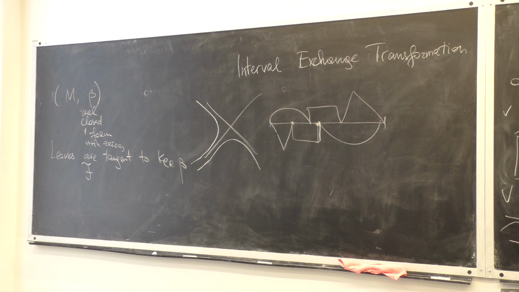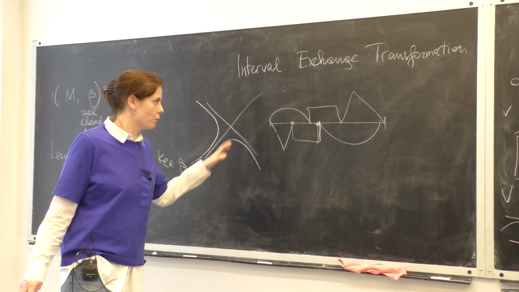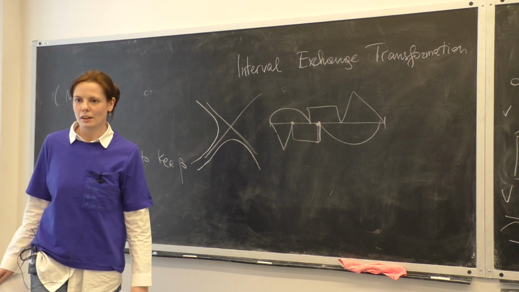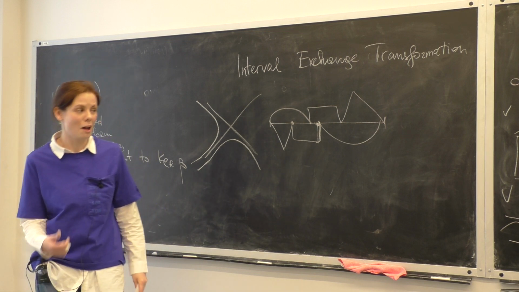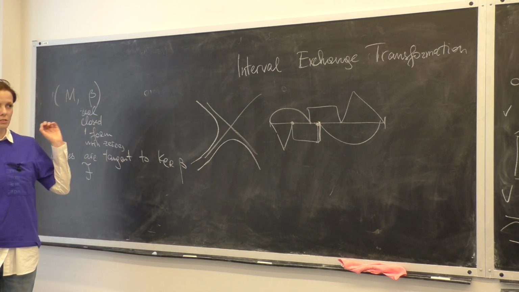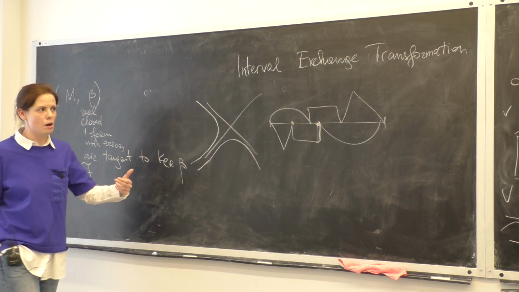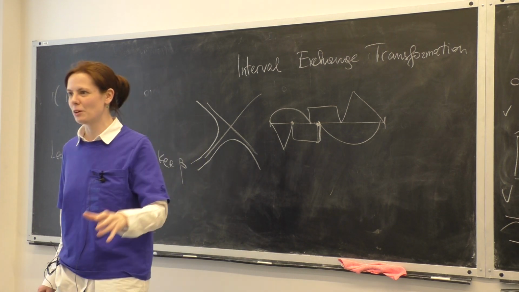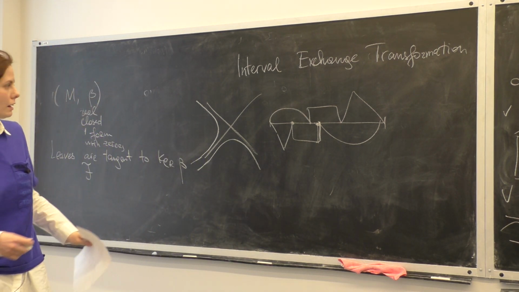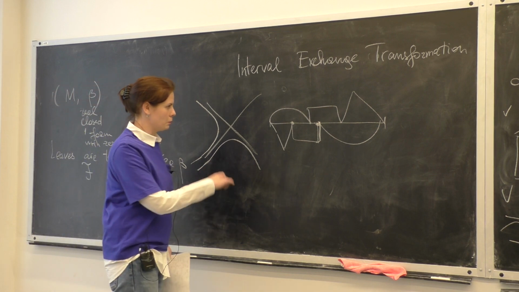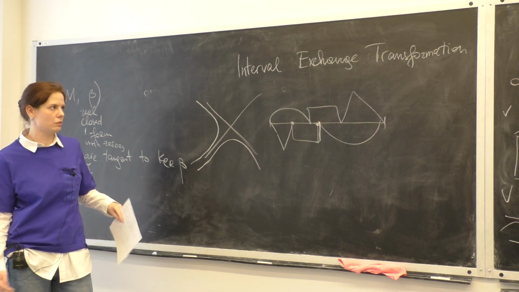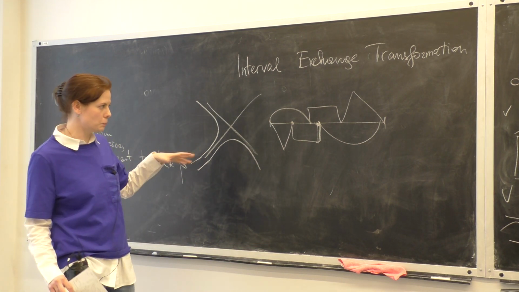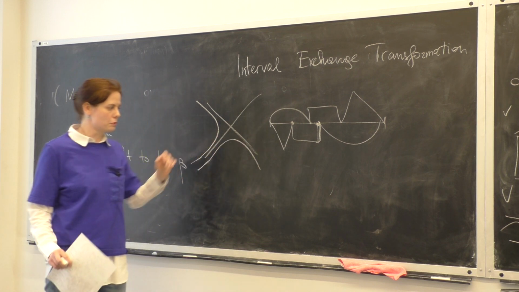I'm not going to give a mini course on the basics of IETs and Teichmüller dynamics in general, because I think that nobody is motivated enough to sit here for several hours. So I will just outline the main results in order to explain why Novikov's problem on first glance fits in this context, and on second glance does not. So I will need two things. First, a list of results that people have already proved about IETs. And second, I need to explain what their main tool was to prove these results.